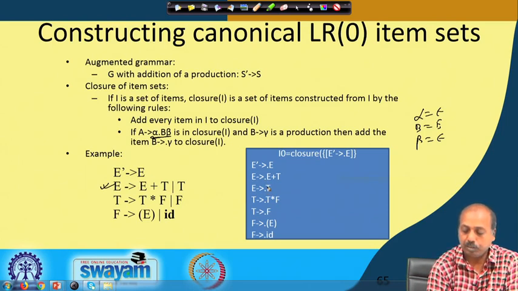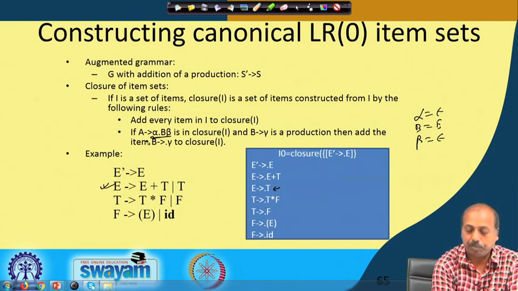Now, as soon as E producing dot T is there, this rule has to apply again.